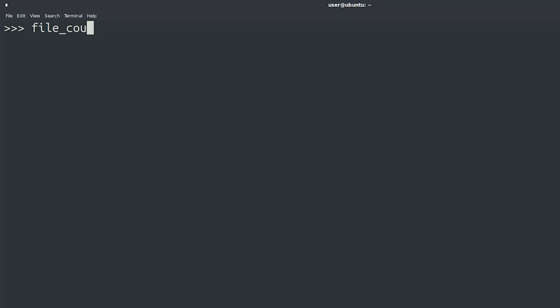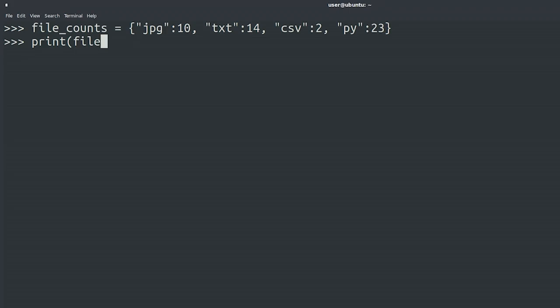We'll call it file_counts equals, and then open bracket, jpeg 10, txt 14, csv 2, and py 23. Print file_counts. In this file_counts dictionary, we've stored keys that are strings, like jpeg, that point at integer